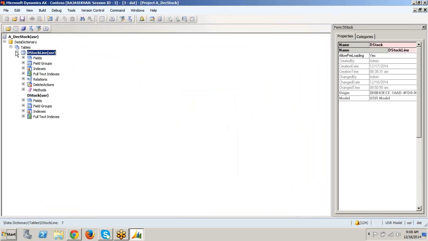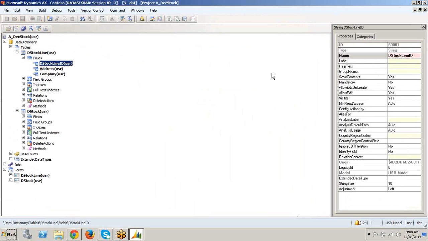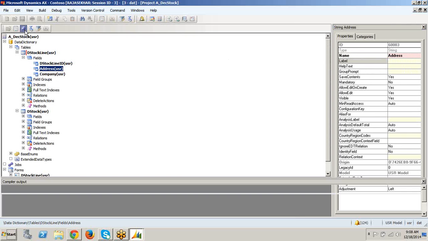So here in the DStock line ID, what I am giving is @DEC1. That means I am reusing the label that I have created for the DStock table.